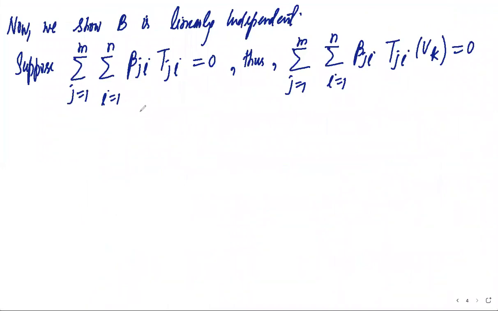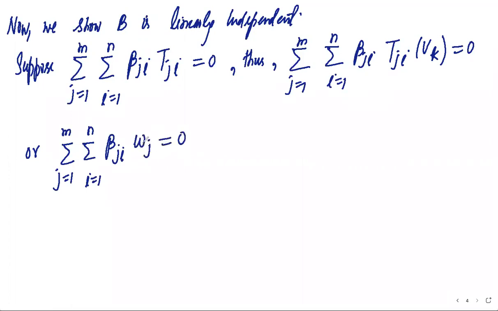Okay, now this is summation. This linear independence is not difficult, that one was a bit long but this is not like that. This summation i from 1 to n then beta_ji. Now look at this t_ji of v_k. This will be equal to 0 if i is not equal to k and this will be equal to w_j if i is equal to k. Okay. So here only one term will remain, that is w_j, and so this is equal to,